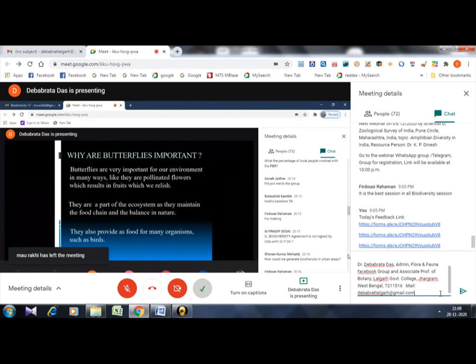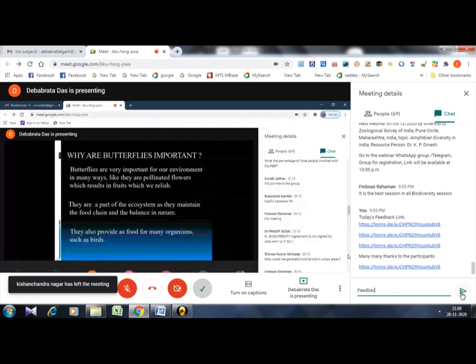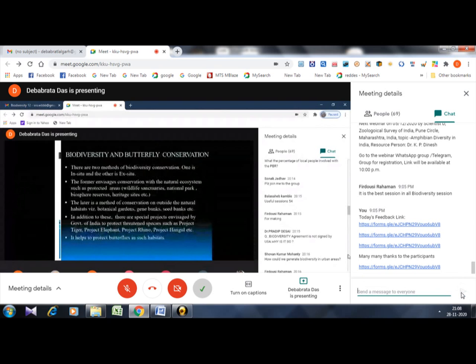It may be said that this is such a big ecosystem, so if such a small butterfly disappears, nothing will happen. But that is not the case. In this environmental chain, if even one small step breaks, the whole chain will break. That's why butterflies are one of the most important parts of the ecosystem chain. Now you have seen the importance of the butterfly, so we can go to further discussion. And butterflies also provide food for many other insects and organisms.